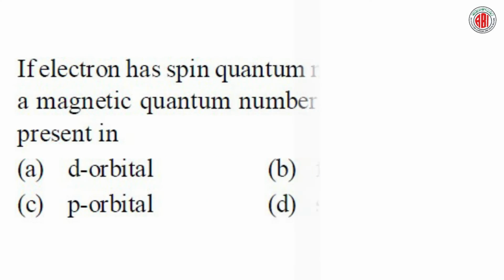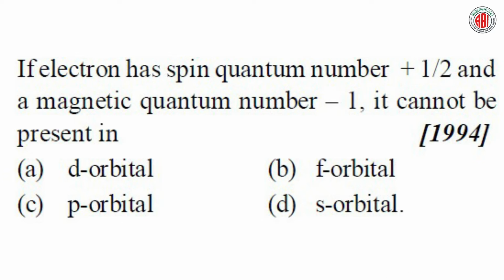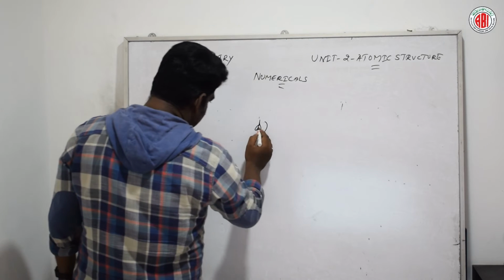Yes, now look at this question, guys. If the electron has the spin quantum number plus 1 by 2 and the magnetic quantum number, that is minus 1, it cannot be present in which of the orbitals? So here are four different orbitals given. Let us see the right answer. Okay, according to this question, you see option D is the right answer,